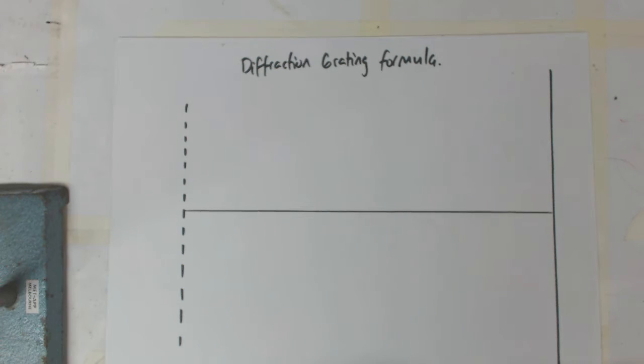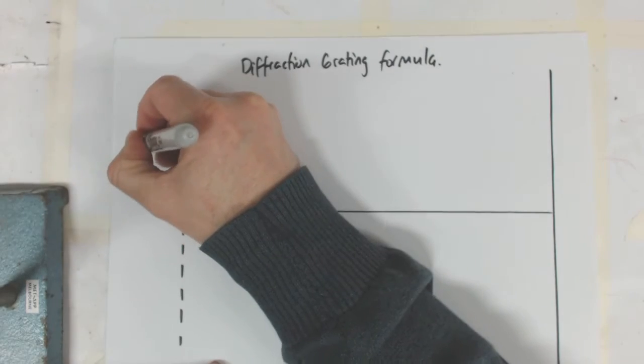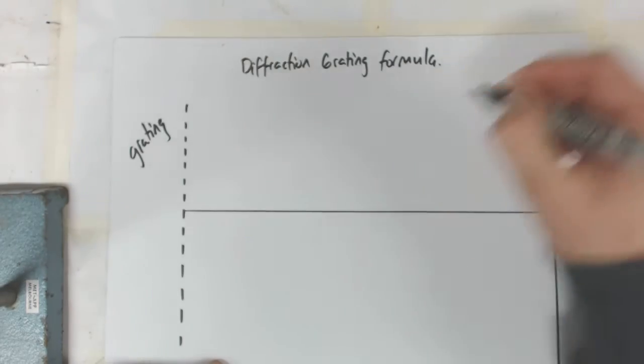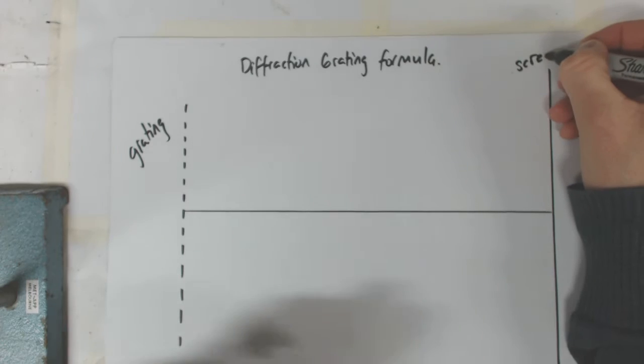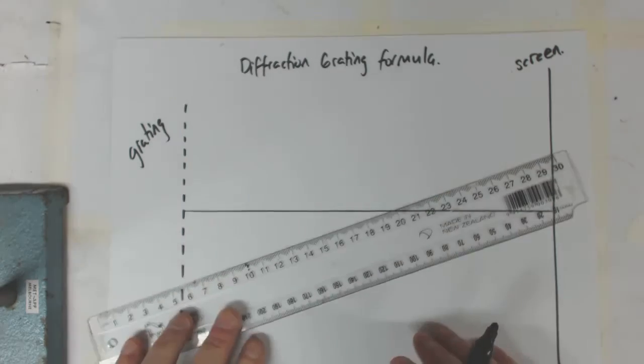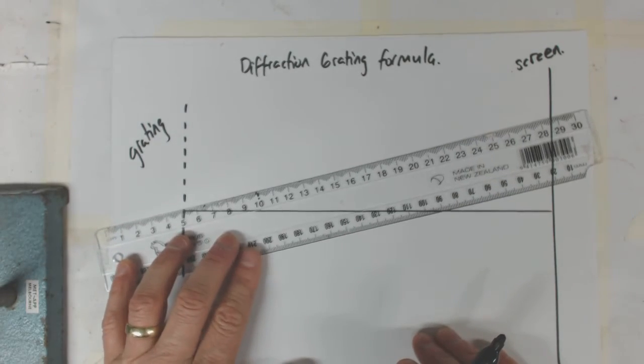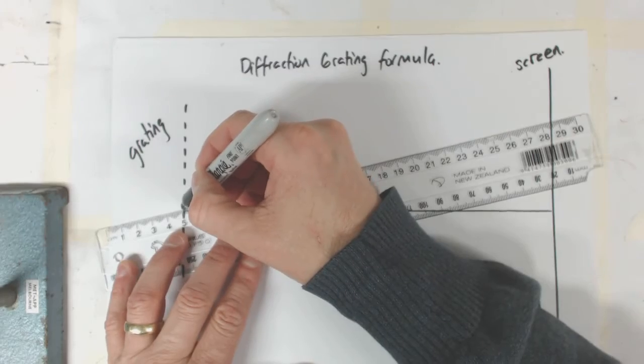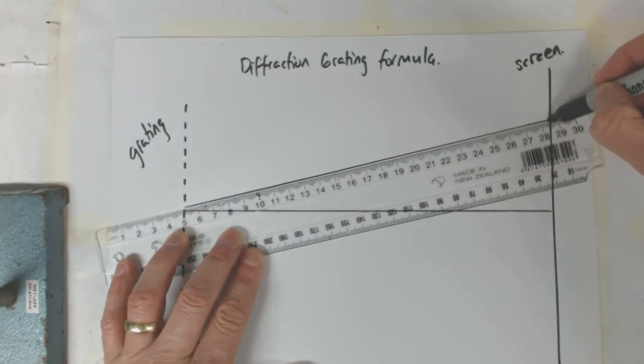This time we're going to look at the diffraction grating formula, similar to the Young slits formula, and see why we don't need to have an approximation there. So this is our grating over here, and this is our screen over here. And what we are basically saying, like we said with Young slits, is that there's going to be an angle at which, when we shine the laser through our diffraction grating,